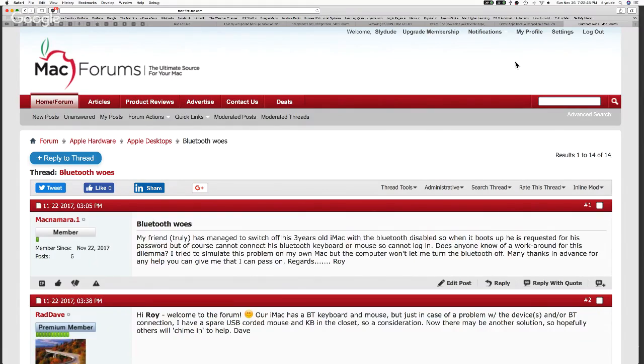But when you're troubleshooting, it's always good to eliminate a bad Bluetooth or wireless connection as part of the issue. And that has been true whether you're using an Apple keyboard or third-party keyboards.